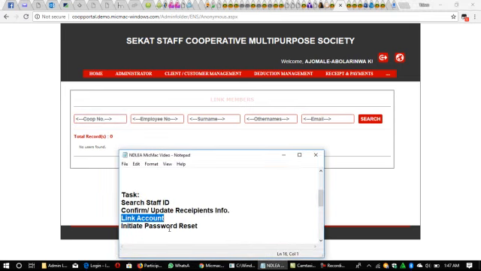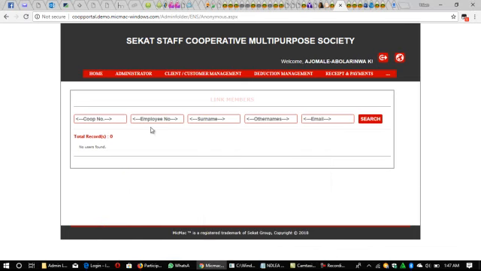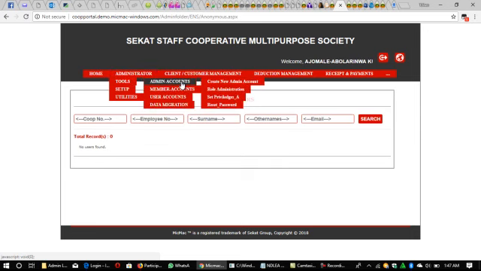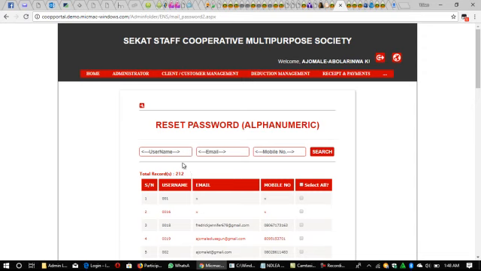What is this final step? Initiate password reset. Now initiating password reset, you just go through administrator, still the same tools, go to members account, then click on what? Reset password. Once I click on reset password, I'll need to look for the user ID or the email of the person or the telephone number of the person. But I'm just going to use the user ID I just linked,